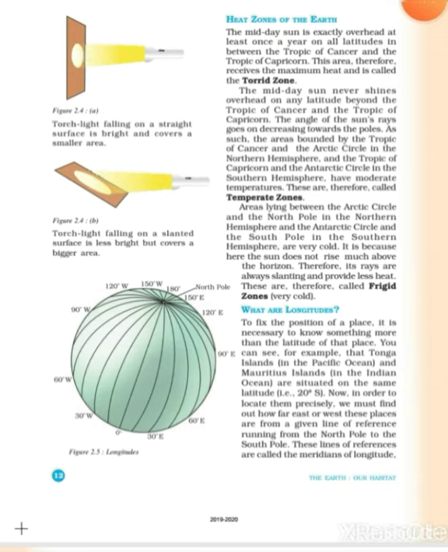Now we learn about longitudes. Students, as you have learnt, the equator is the reference line for locating places in the north and south direction. So we need a reference line to locate places in the east and west direction also, right? This is because all places lying on the same parallel of latitude will have the same latitude. Therefore, a place cannot be located uniquely by its latitude alone. So there is a need for longitude.